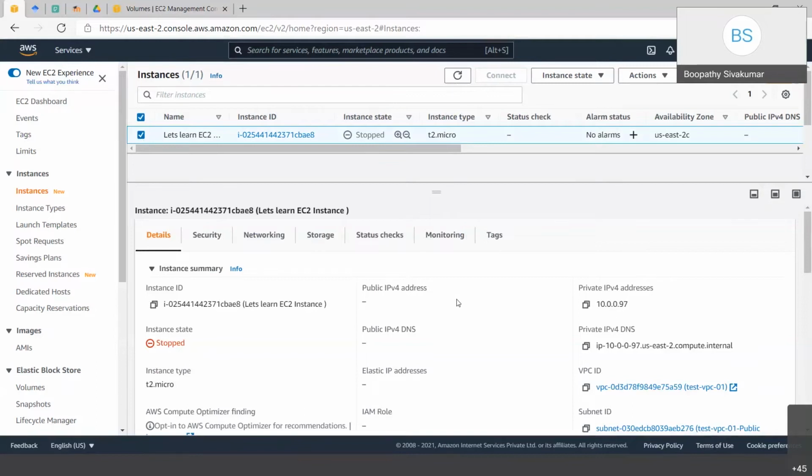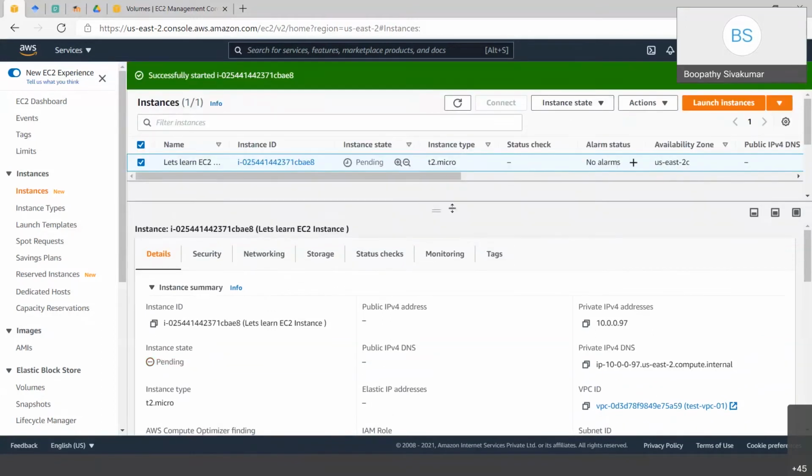When you stop and start the instance, the public IP address will get changed. So make sure, if you're stopping and starting the instance, that you get the right public IP address to connect. Now click on instance state and start the instance. Let's give it 1 minute.